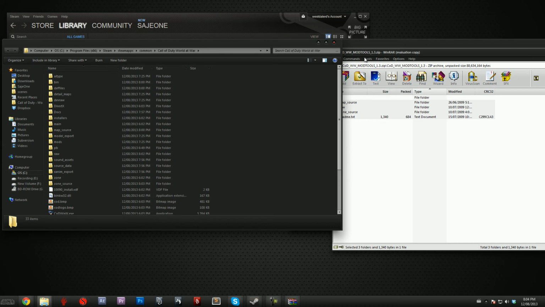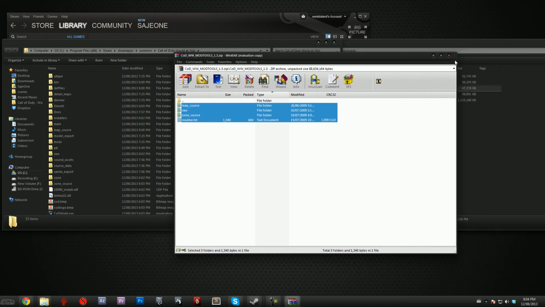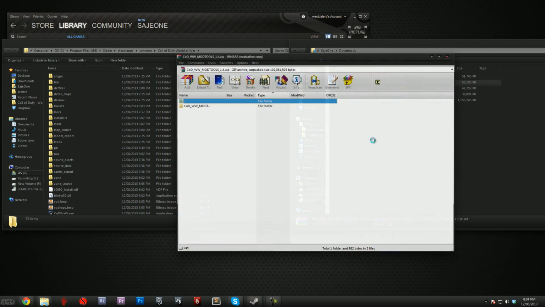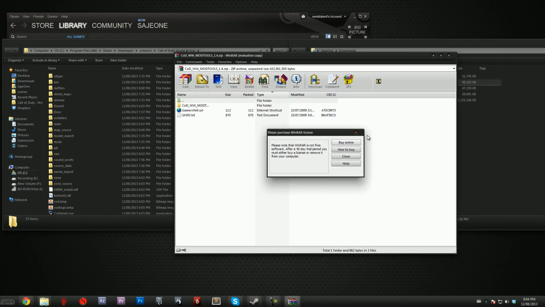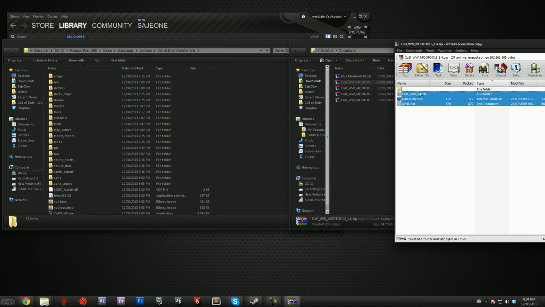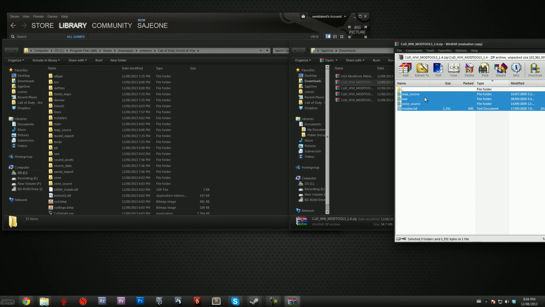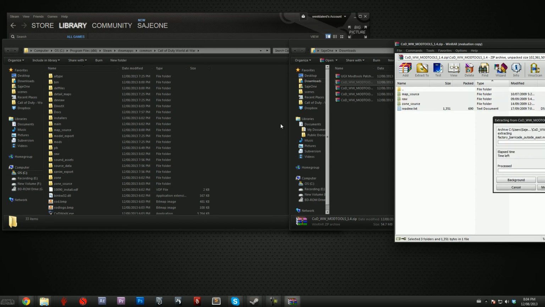But anyways, we want to carry on, and we want to get the last one here. For mod tools version 1.4, so this will be Riese, the Riese update, and ignore these couple files. It's just they're included because of where I downloaded it. So we're just gonna go in here and we're gonna see the same files for update, the raw map source, zone source, and the readme. So let's just move all these into my root directory,